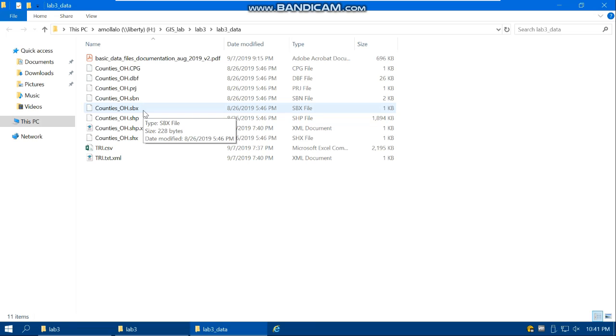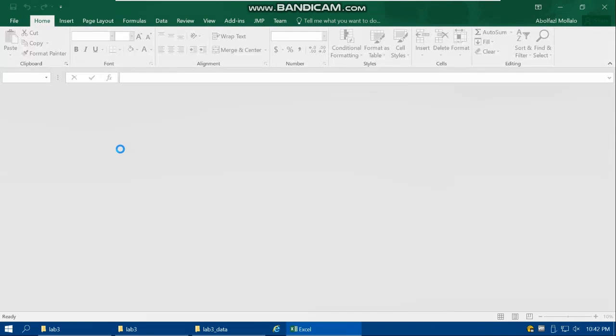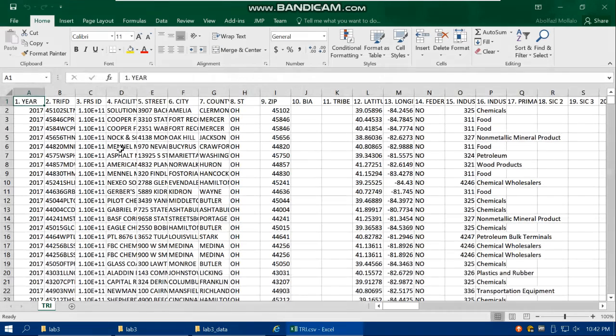Generally, this file contains 3 different files. The first one is a PDF file, the other one is a shapefile, and there is also a CSV, or comma separated value, file with the name TRI, or Toxic Release Inventories. So let's open this CSV file. This CSV is for the year 2017 for more than